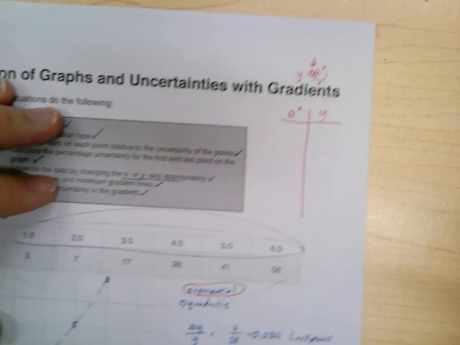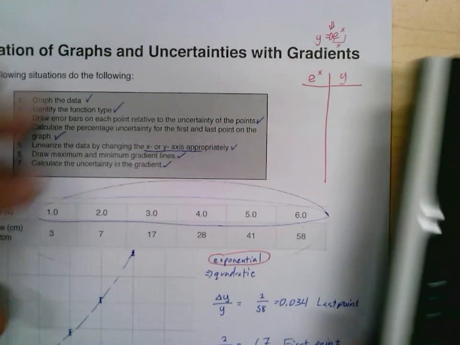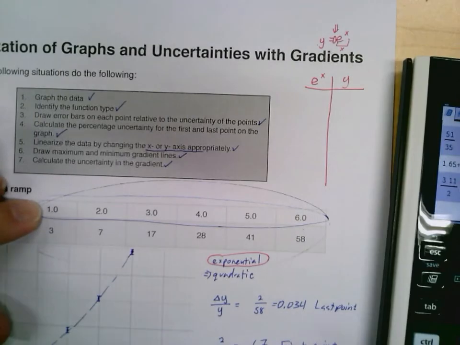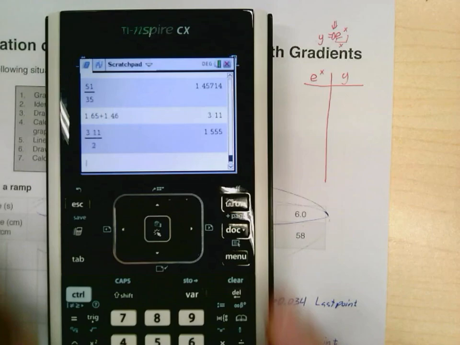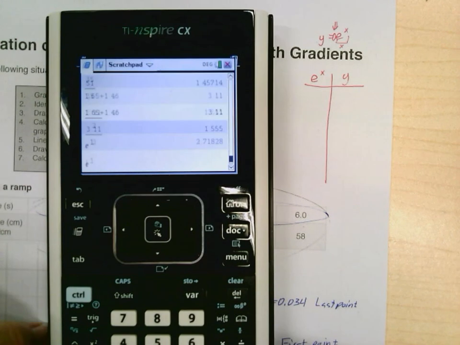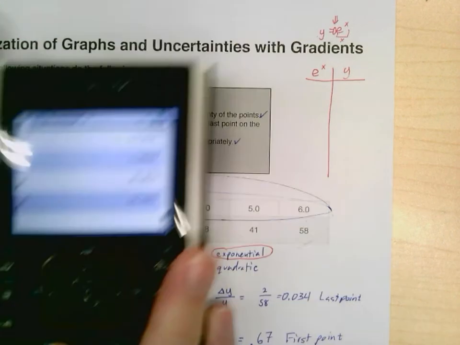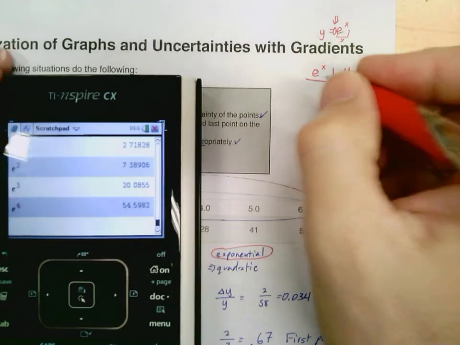And so I need to do e to the power of each of those. So I need to do e to the power of 1, e to the power of 2, e to the power of 3, and so on and so forth. So we're just going to do those right now. E to the power of 1, e to the power of 2, e to the power of 3, e to the power of 4. I'm going to write those down. So e to the power of x here would be